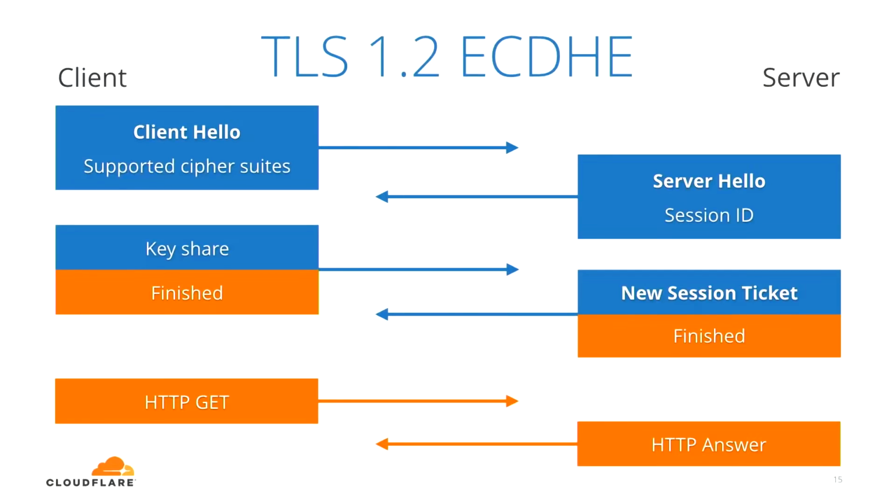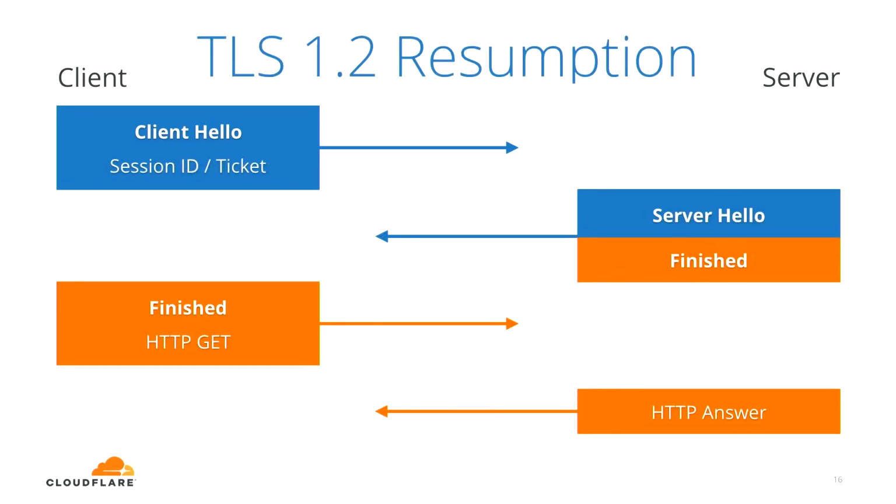Here you have your normal TLS 1.2 full 2 round trip connection. And over here, it sends a new session ticket. A session ticket is nothing else than an encrypted, wrapped blob of key material that the client will hold on to. The session ticket is encrypted and signed with a key that only the server knows. So it's completely opaque to the client, but the client will keep it together with the key material of the connection, so that the next time it makes a connection to that same website, it will send a client hello